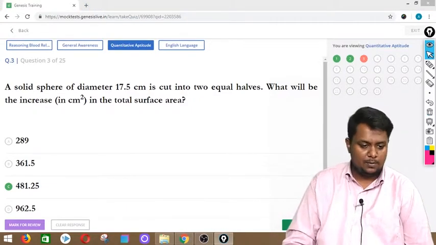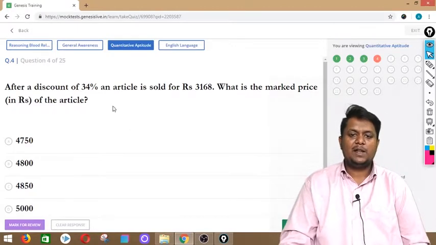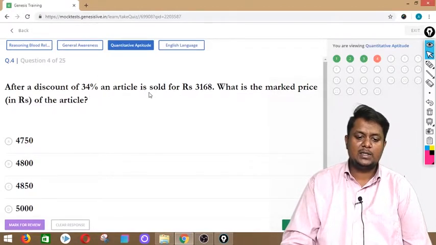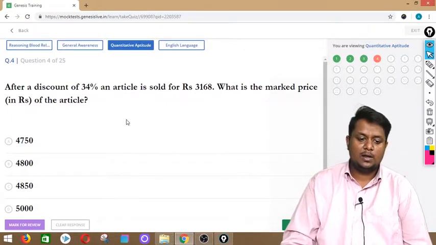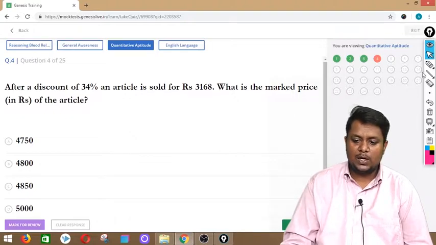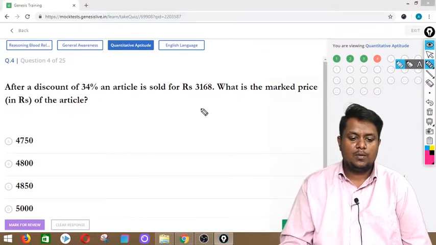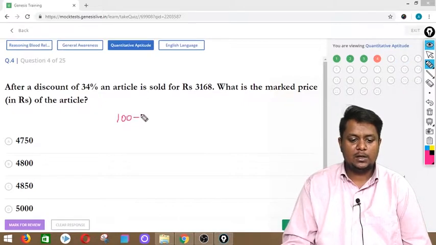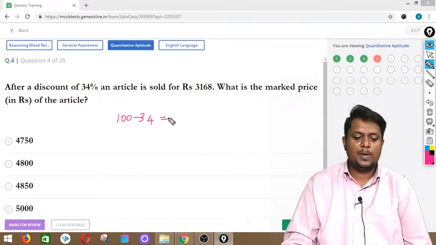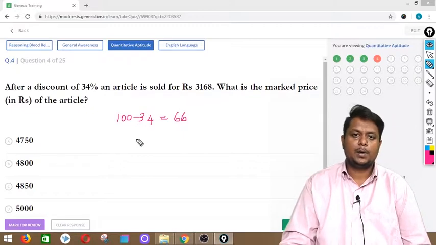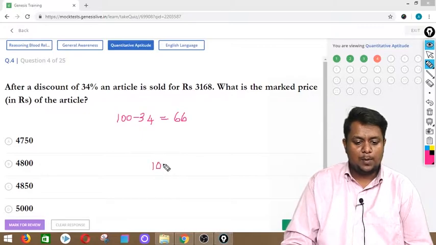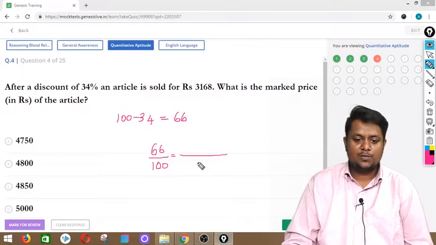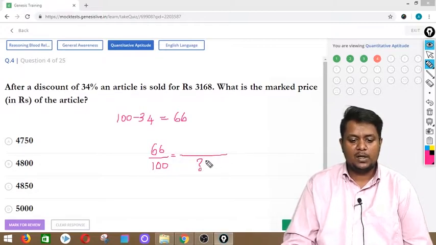Let us go to the next question now. After a discount of 34%, an article is sold for rupees 3168. What is the marked price of the article? Now, after giving a discount of 34%, for every 100 rupees, you are reducing 34 rupees. That means for every 100 rupee product is sold for 66 rupees. Now, for every 100 rupee product sold for 66 rupees, what we are supposed to find out is what will be the price of the product that will be sold for